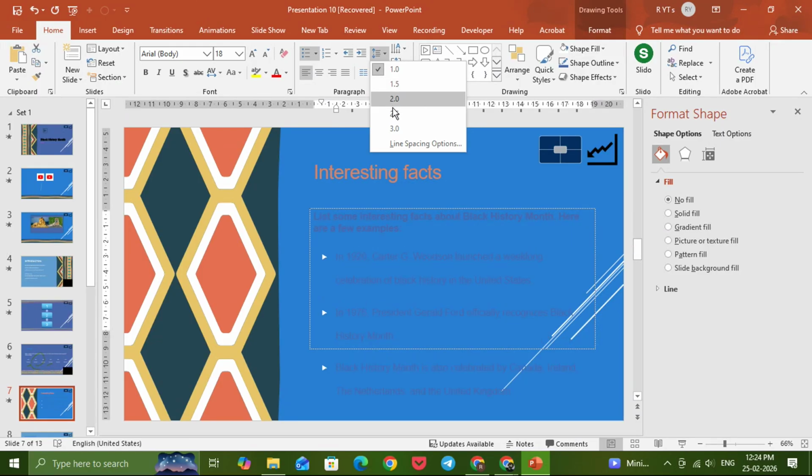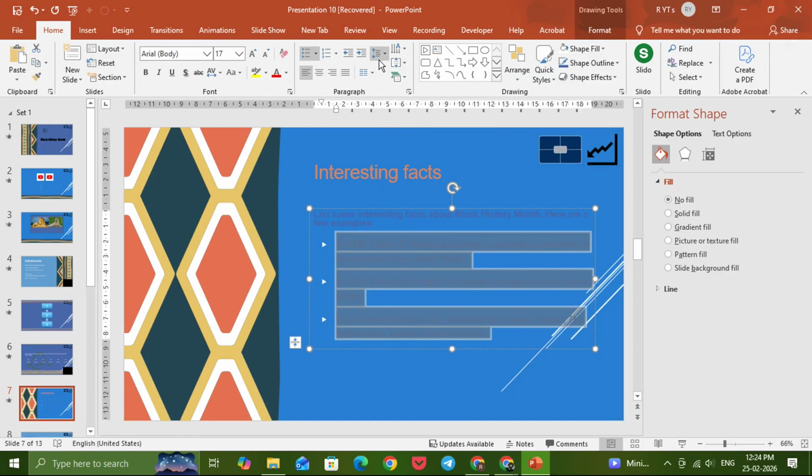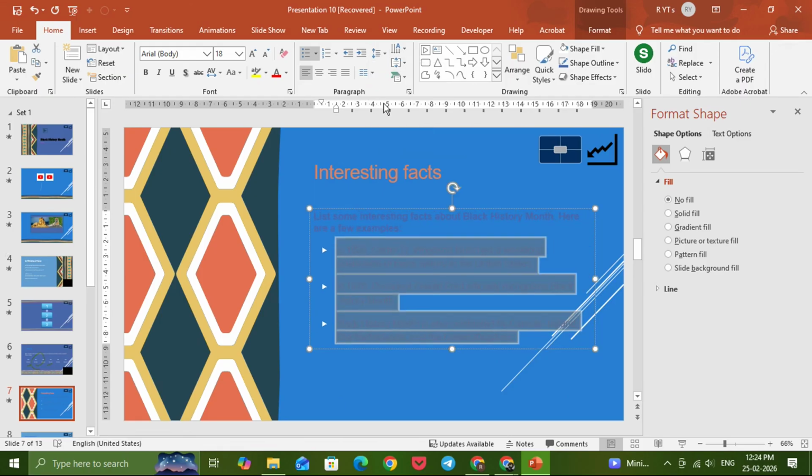If your slide looks too crowded, try increasing the spacing to 1.5 or 2.0. If you need to fit more content on a slide, you can reduce it to 1.0. Adjusting line spacing is especially useful when working with bullet lists or longer paragraphs. And that's it. You now know two easy ways to adjust indents in PowerPoint 2013 and how to change line